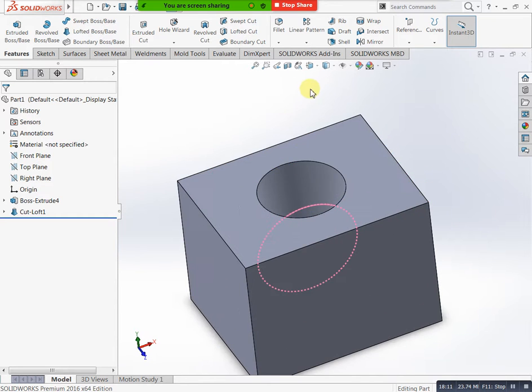But this fillet and chamfer you should apply as finishing of the model. Why? Because we have one reason for that. For example, when you go with analysis, you can face problems in the meshing condition. That's why we go with finishing of the model.